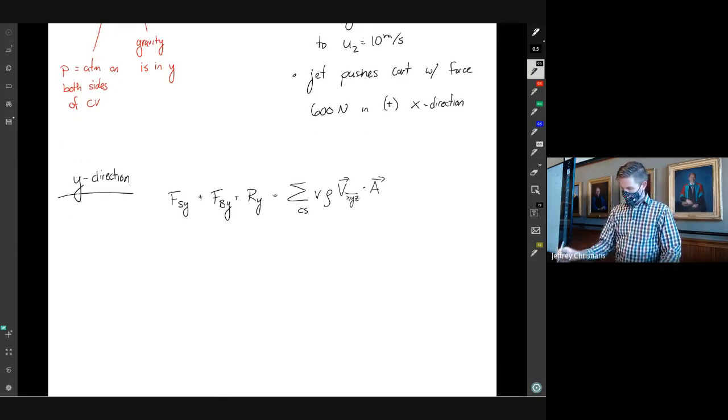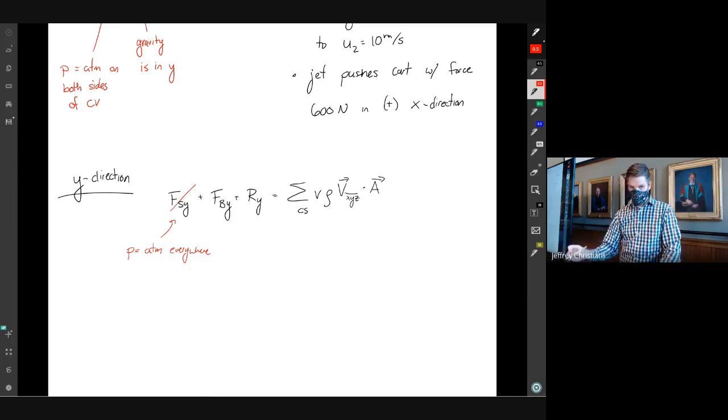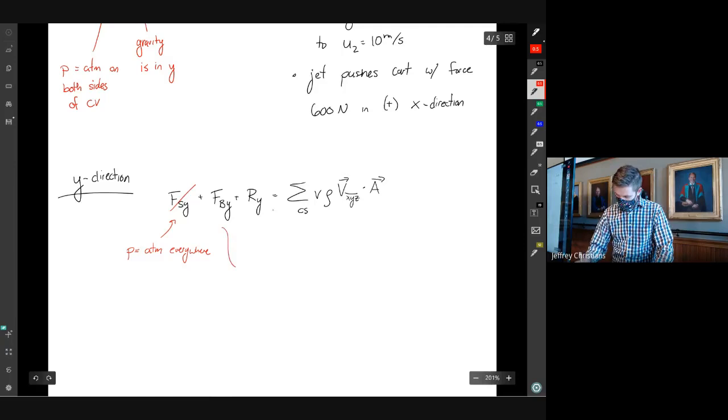So for the same reason, pressure is atmospheric everywhere. Gravity is in the y direction, so F equals m g, equals minus mg, where m is the mass of the water